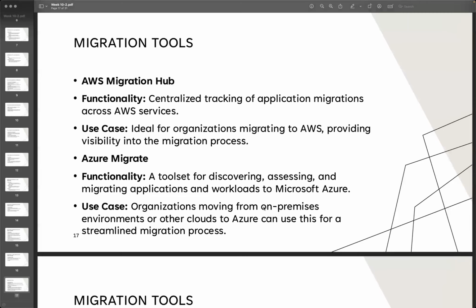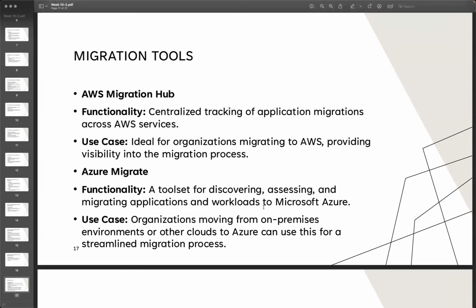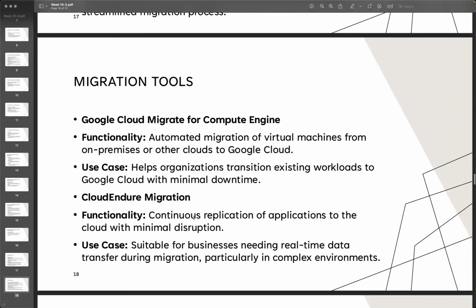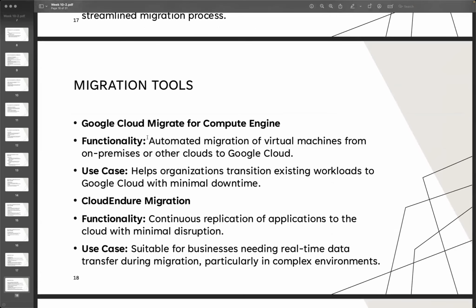All of these clouds actually already provide certain processes and applications to help you migrate to their system, because they welcome new customers. They will assist you to migrate. And then the one you know is called Google Cloud. They will migrate for Compute Engine, so they have automated migration of VMs, virtual machines, from on-premises or other clouds